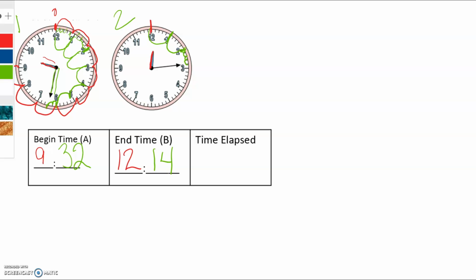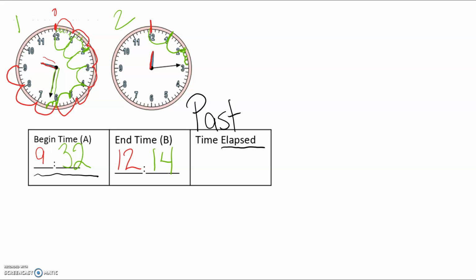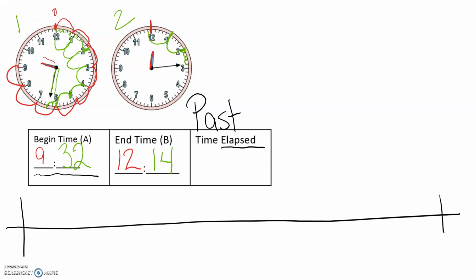To calculate the elapsed time, and elapsed simply means how much time is between or how much time has passed. So if we started at 9:32, time has gone past and we end at 12:14. To do this, one strategy is to simply use a number line. And we put our beginning time here on the left because that's the earlier time, and our ending time somewhere